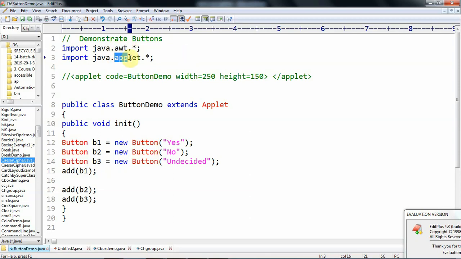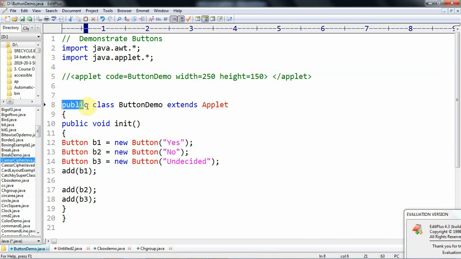Then I import the applet package because I am going to create an applet window. For that purpose I need to extend the properties from the Applet class. This Applet class is present in the package called applet, so that's why I need to import a total of two packages. Then the applet tag needs to be placed within the comment line.